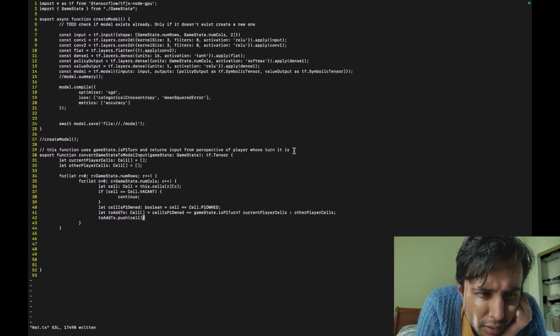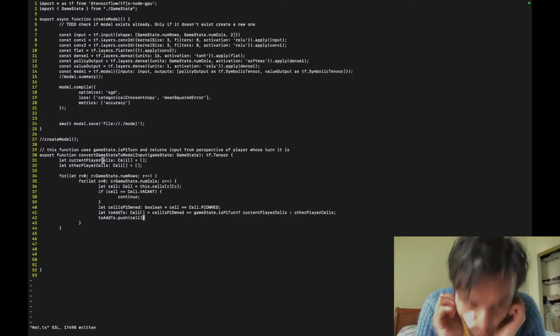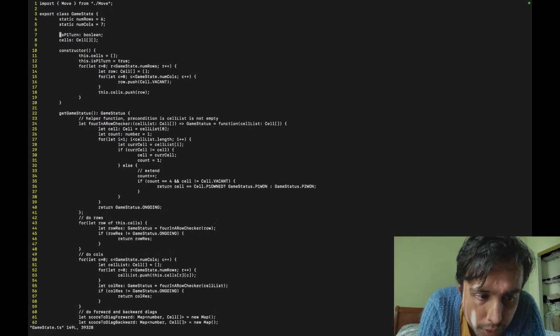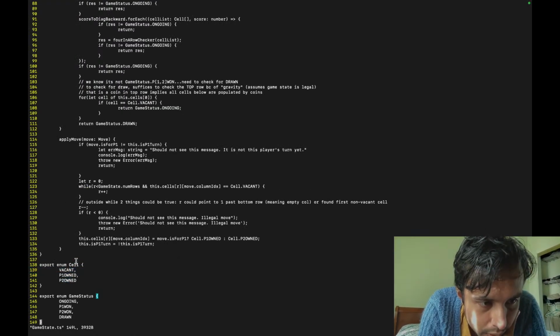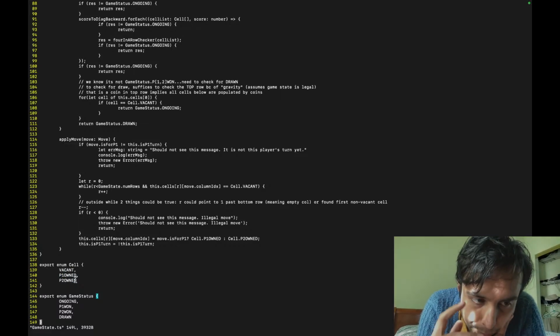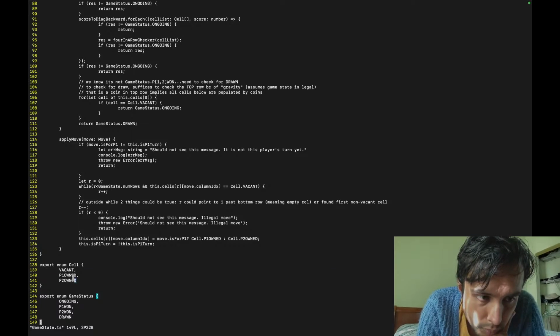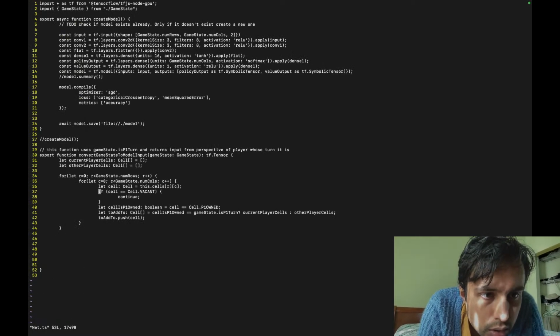Wait. No, this is wrong. Sorry, what am I saying? No, we don't care about the cell, because the cell only has 1 piece of information, not a Boolean, but a tertiary, a variable with 3 states. But it doesn't have the coordinates. Okay, so let's do this.